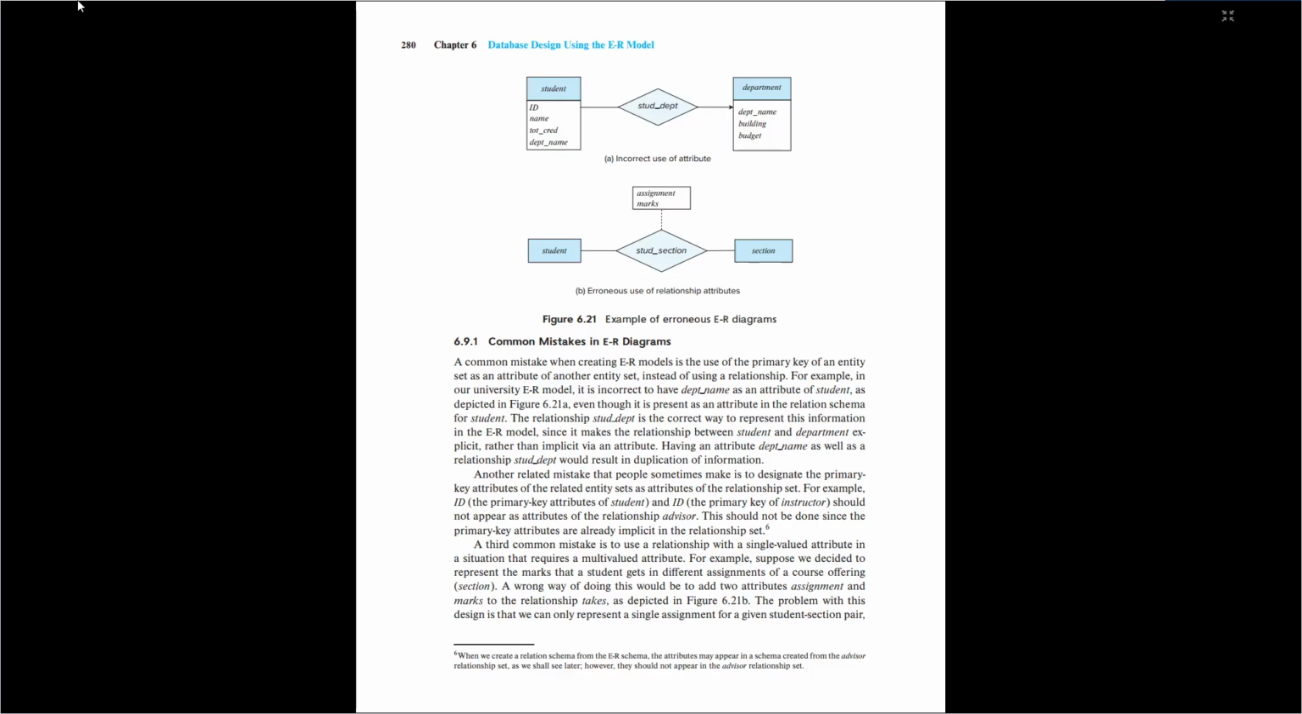A third common mistake is to use a relationship with a single-valued attribute in a situation that requires a multivalued attribute. For example, suppose we decided to represent the marks that a student gets in different assignments of a course offering, a section. A wrong way of doing this would be to add two attributes assignment and marks to the relationship takes, as depicted in Figure 6.21b. The problem with this design is that we can only represent a single assignment for a given student-section pair,